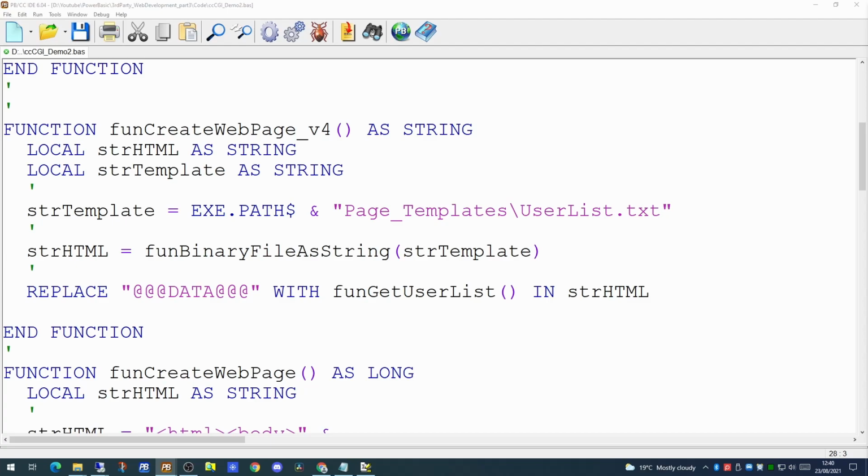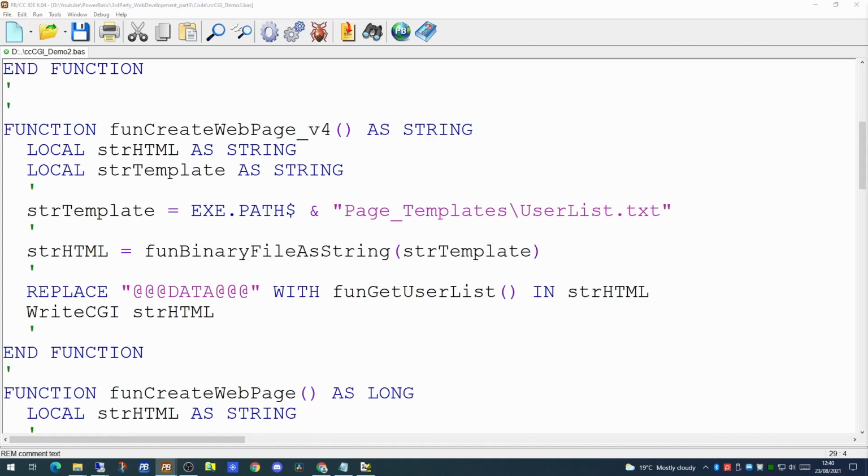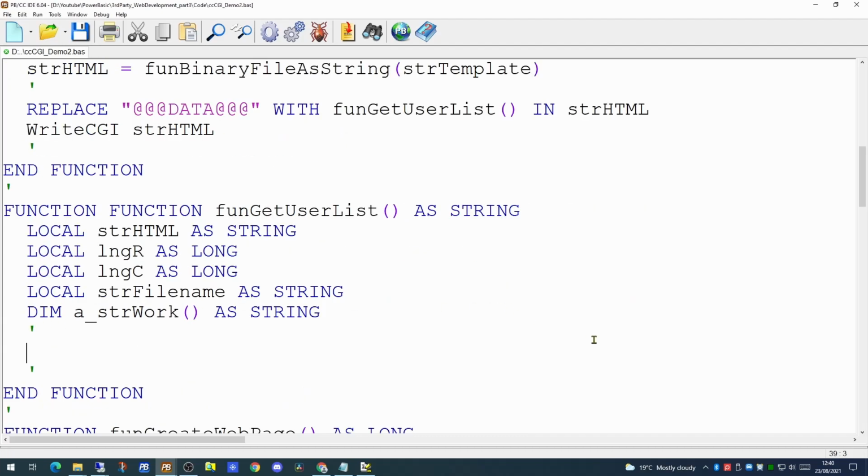And once we've got that replaced, we can then use the write CGI command to write the data back to the browser. So the getUserList function we're about to write is very similar to the core of the function we wrote in the last application. This function is basically going to make up the data which will sit within the table on